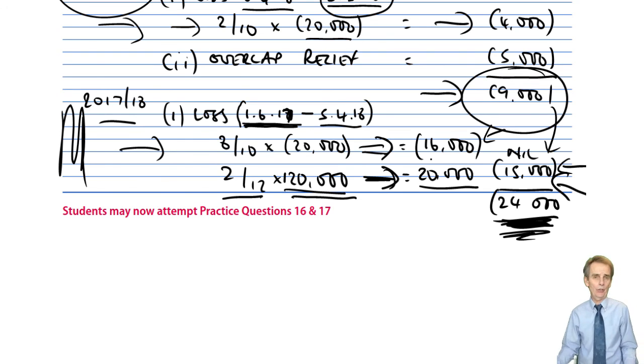Well, we discover the answer to those questions in chapter 8, where we'll discover that there is no partnership to be taxed, but each partner is to be taxed on their share of the tax-adjusted trading profit made by the partnership. Once we've got their share of the profit, we will use our normal bases of assessment for each individual partner. And should there be a loss, each partner will be free to choose their own loss relief in relation to the loss sustained by them, their share of the partnership loss. So we will assess partners, not the partnership. All that and more in chapter